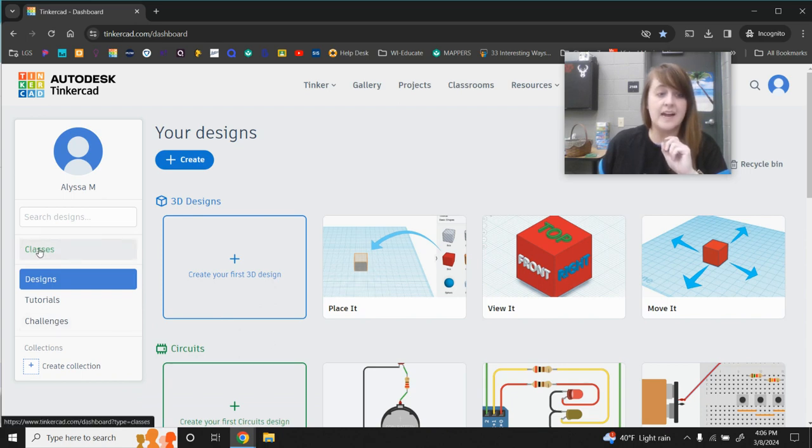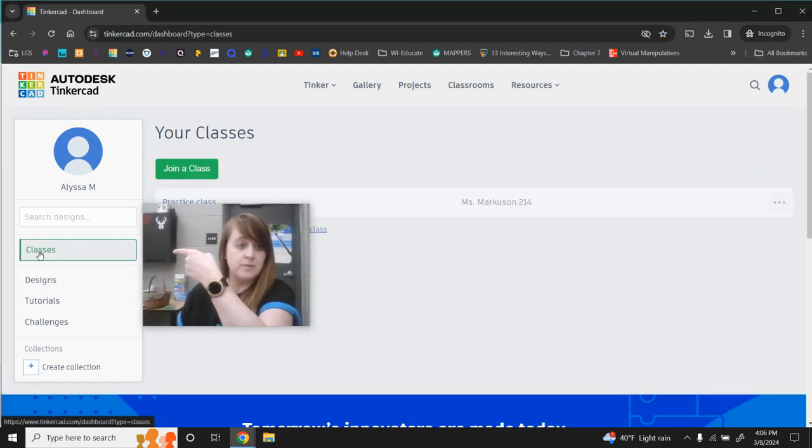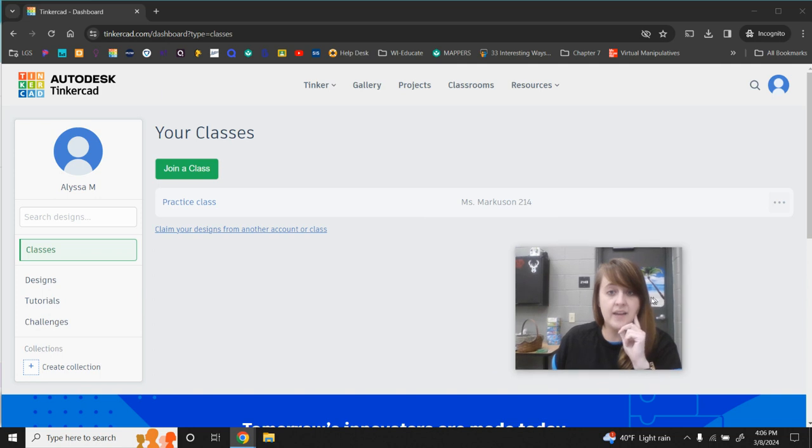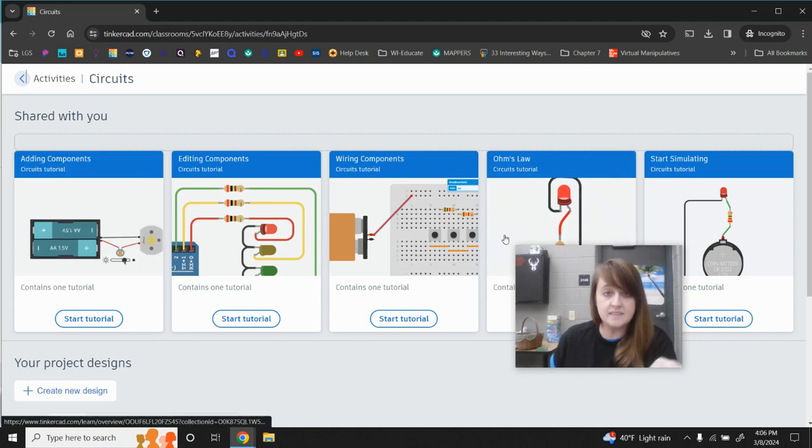You are going to click on classes. We haven't really clicked on this one before. And then yours will say your class. I am in a little practice class so I can demonstrate this for you guys. You're going to click on your class name, and then you should all see this circuits box. Inside of the circuits